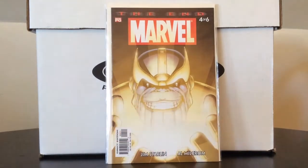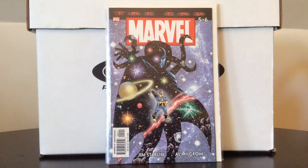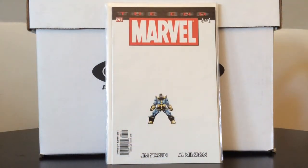#4, I'm missing #3. I fished all of these out of a dollar bin, so you can get these moderately cheap. #5. #6, which I believe is the last issue. And after this